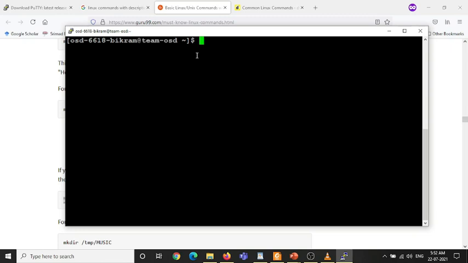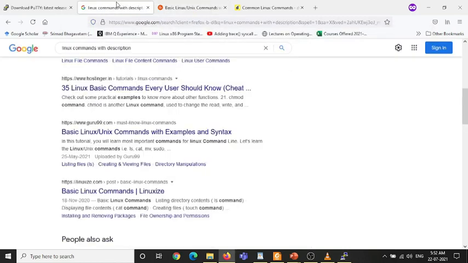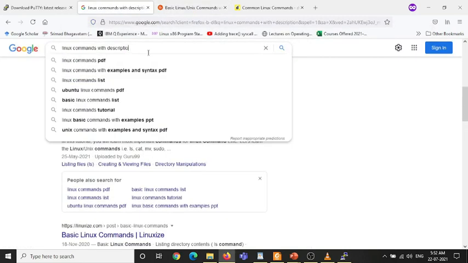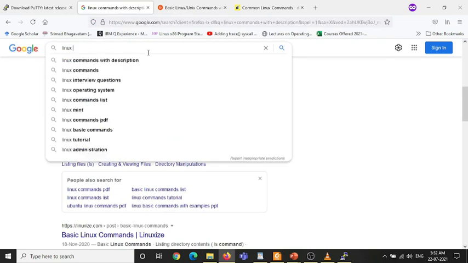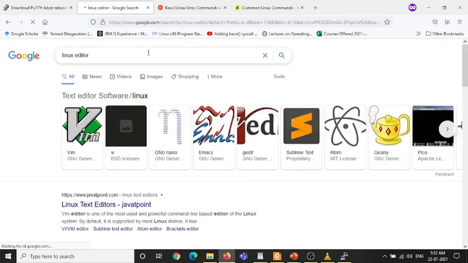To write something you need an editor. There are a number of editors available in Linux. If you are interested, you can type here Linux editor. There are so many editors there.